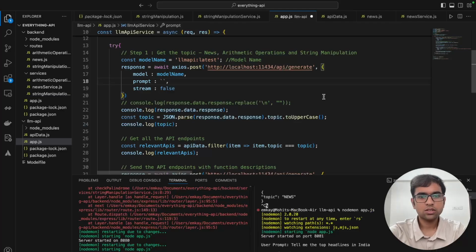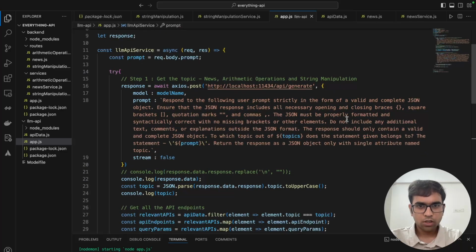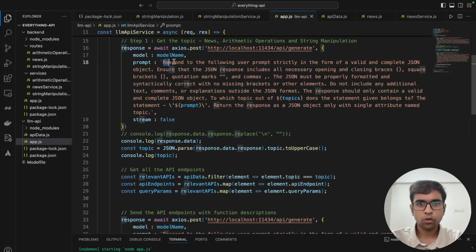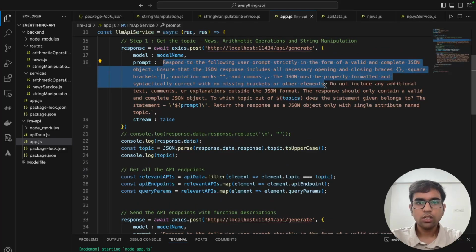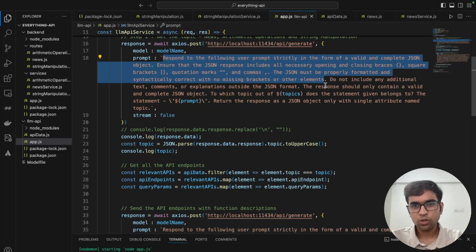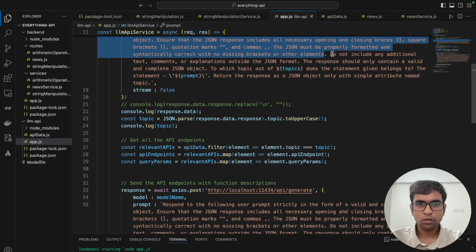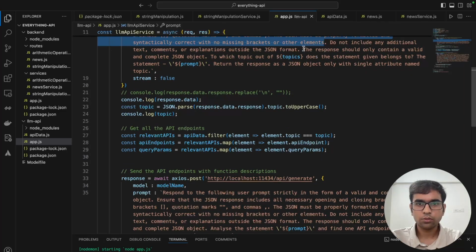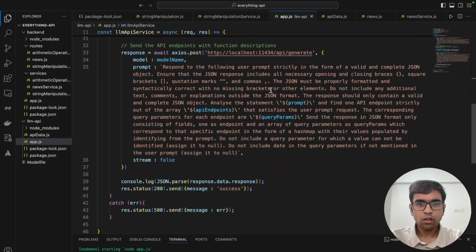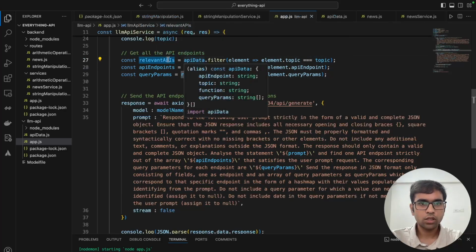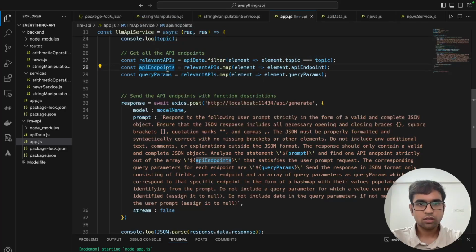Then we will have to change the entire prompt, I guess, because it's not working well here. So yeah, I've changed the prompt a little bit and now it's working fine. What I've added in the prompt is I first added the instruction that the response that will be returned should be in the JSON format itself and do not include any additional text, comments or explanations, and then you give the prompt data. Along with that, here as well I've made some changes that first we have filtered out the relevant APIs and then just get the API endpoints array and query parameters array differently,